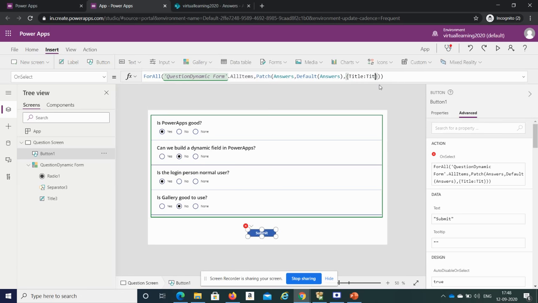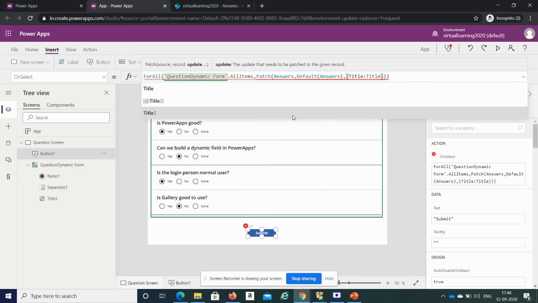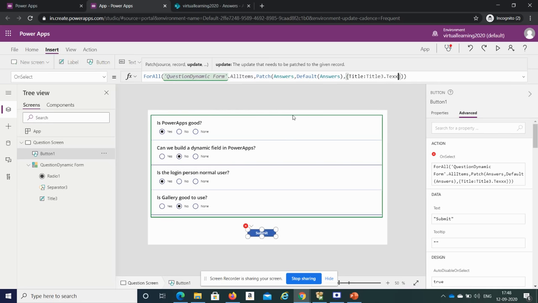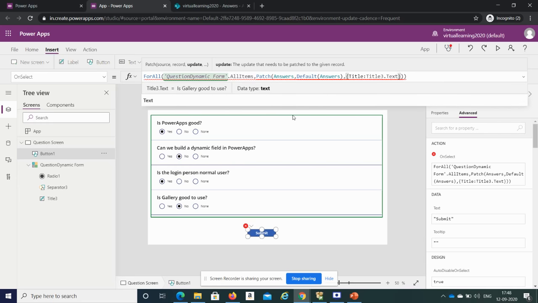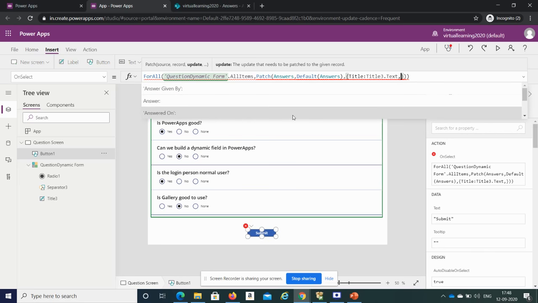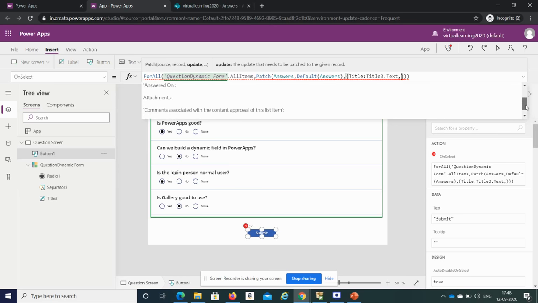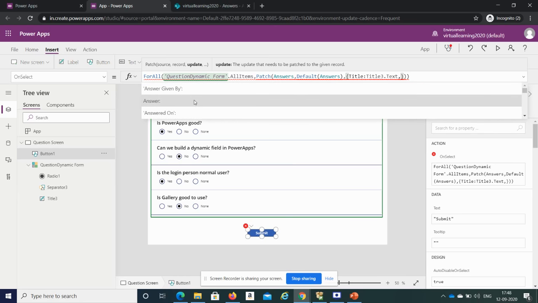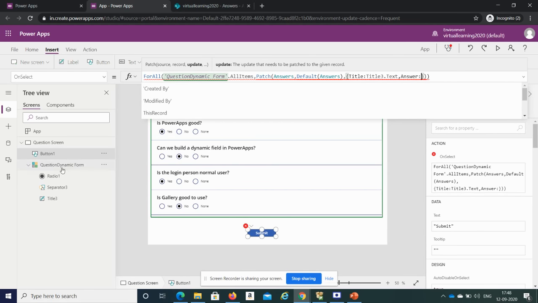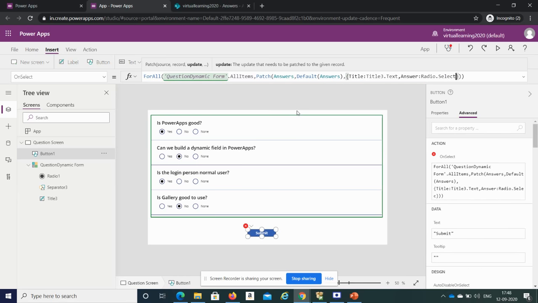So we will give Title3, that control name dot, as it is a label, we need to give text. Then we need to keep a comma. Another thing which we need to give is answer. I am already getting the column names here of the answers list. So we'll select answer, and where we are saving the answers is in this Radio1. So we'll give Radio1 dot Selected dot Value.